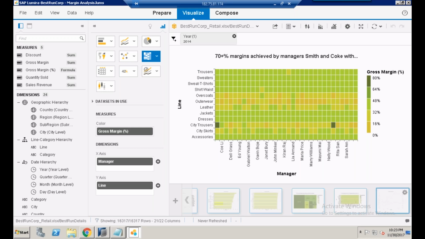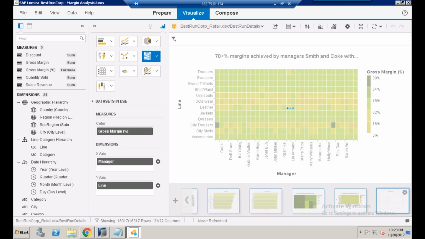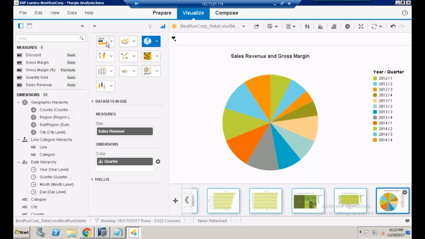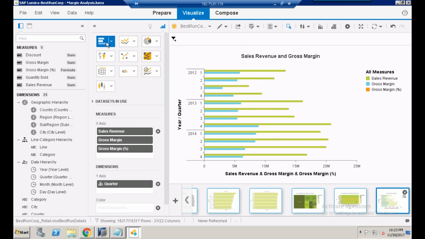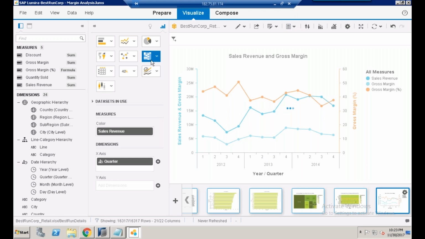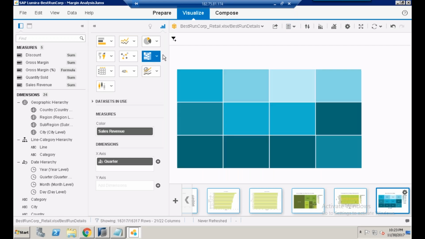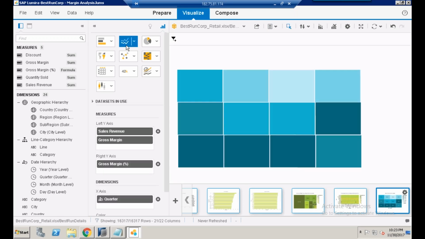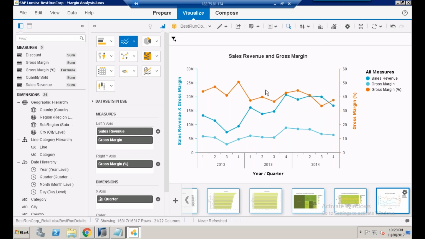Margins achieved by different managers. Sales, revenue, and gross margin. So here you can generate different pie charts. So Lumira is one of the user interfaces. SAP Fiori is one UI and Lumira is another UI. So there are two user interfaces.